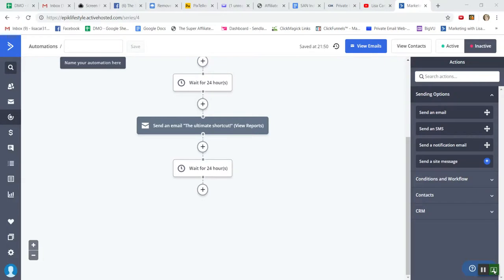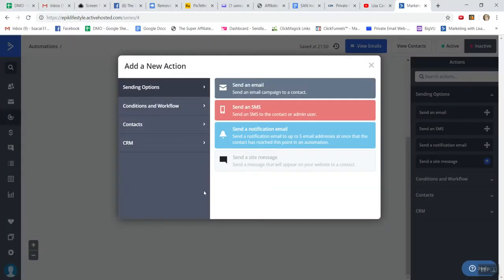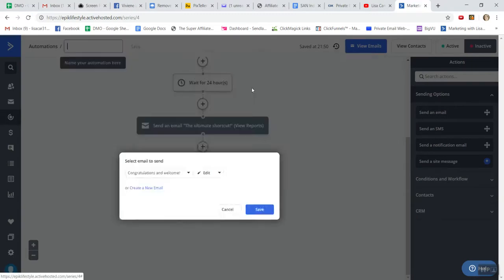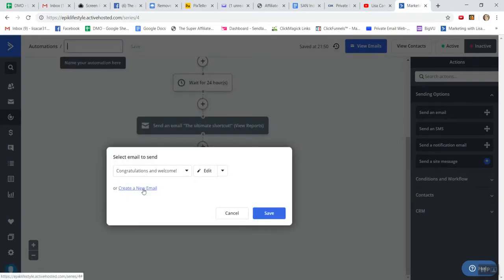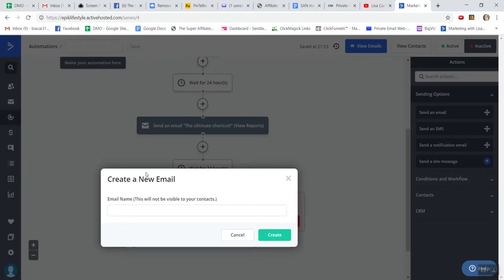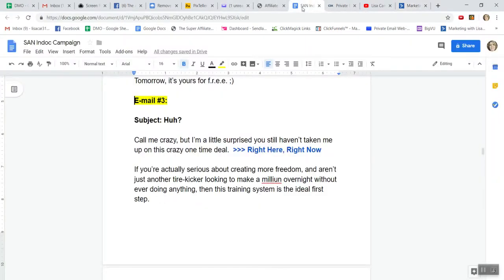Okay, so let's switch screens. All right, so this is where I left off. I'm waiting 24 hours after the second email went out, and I'm going to hit the plus key and send an email. I'm going to create a new email, and I'm going to go back to my Word document, and the name of the document is called